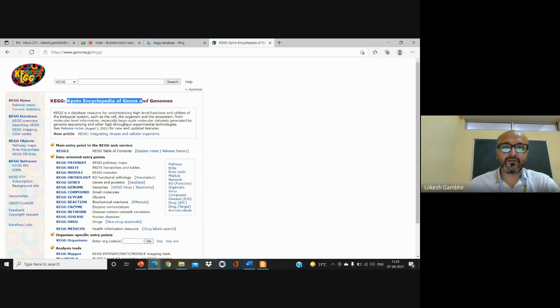This KEGG is a database for if you want to understand the functions of any kind of protein, the interaction between proteins, or the biological system that a particular protein or gene is part of. You want to understand the function of a certain enzyme. So it provides you an encyclopedia. That's why the name came.